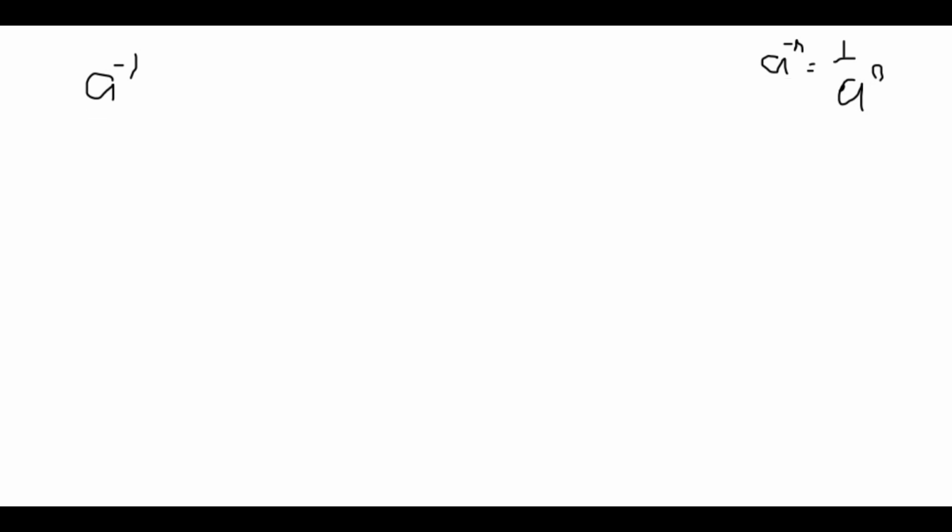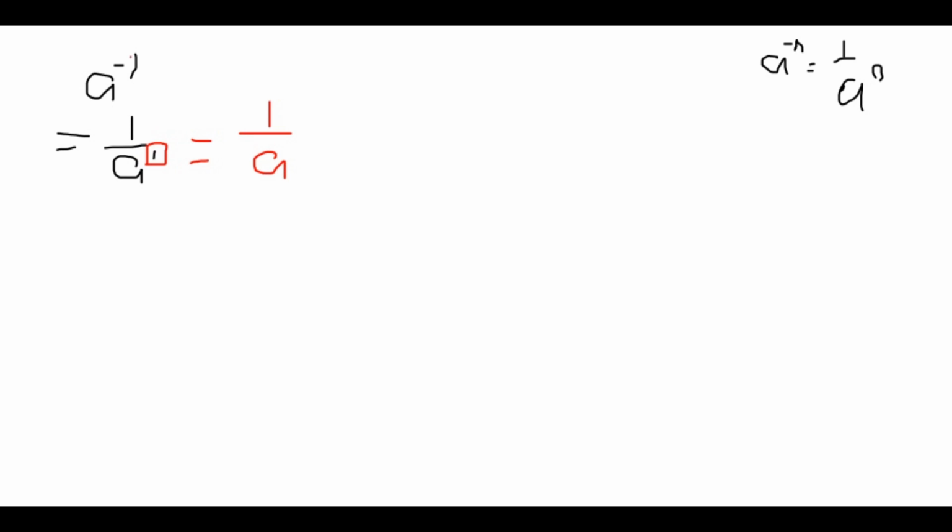So we are going to follow this law, and therefore a to the power of negative 1 is 1 over a to the power of 1. Now anything to the power of 1 is that same thing, so it's okay if we remove this 1. So we're going to have 1 over a,